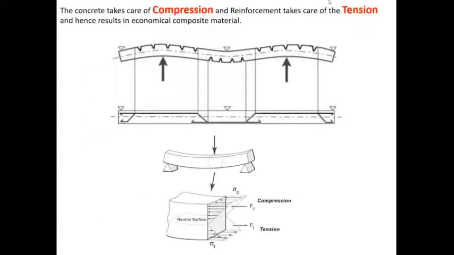See, this diagram is very well explaining the performance of a beam under various loading conditions. So here you see there is a simply supported beam, which is shown over here, and the triangles are showing the loading conditions. So 1, 2, and 3 are loading conditions, and 1 and 2 are the supports.